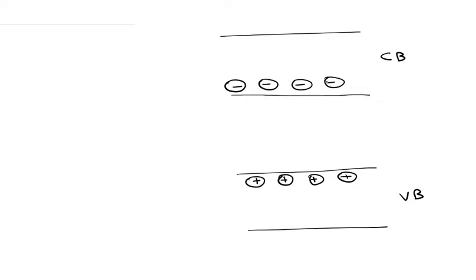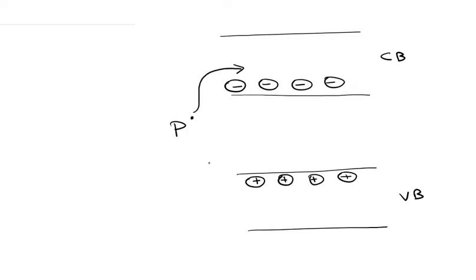Now we are introducing phosphorus atoms in the semiconductor. What phosphorus does is it has a fifth electron which doesn't take part in bond formation, and that electron has a higher energy. So most of those electrons are going to stay in the conduction band because those electrons are like free electrons, they are not bonded to any particular atom.